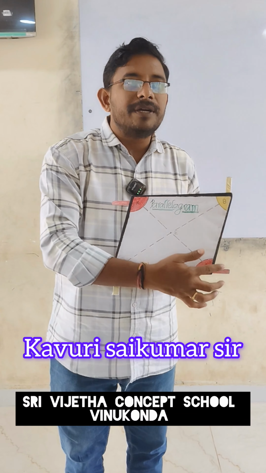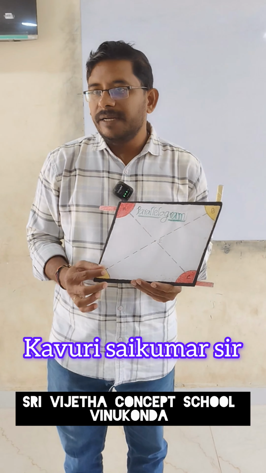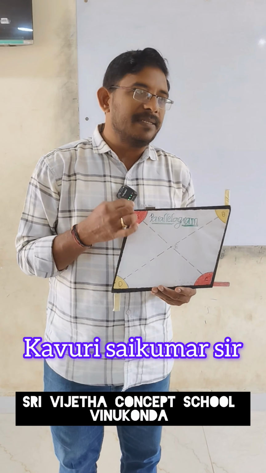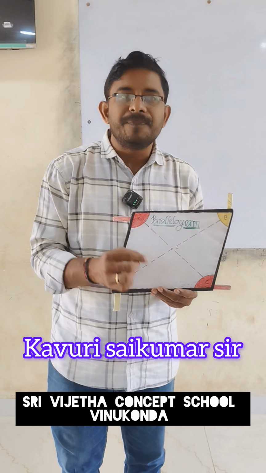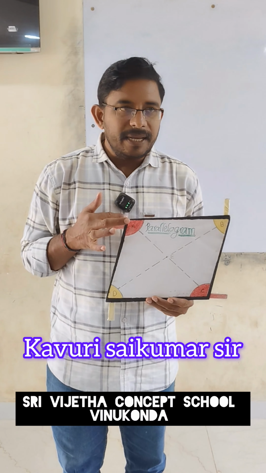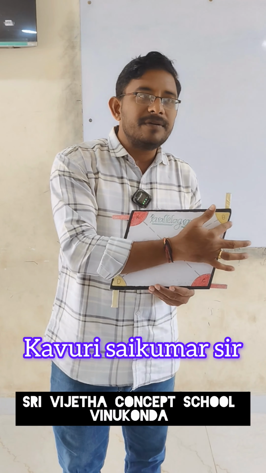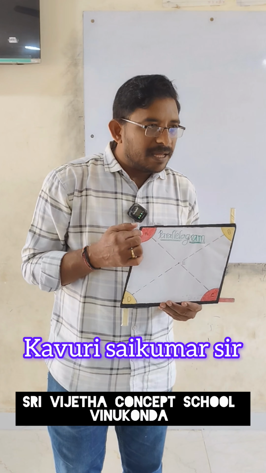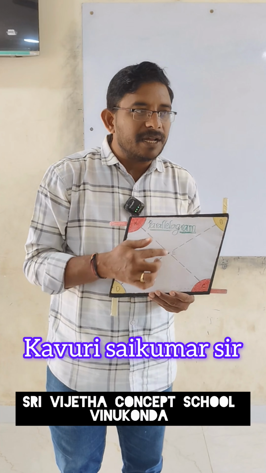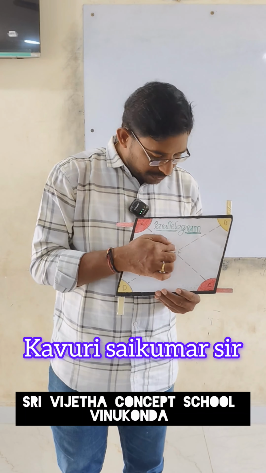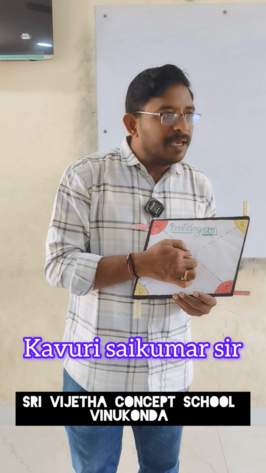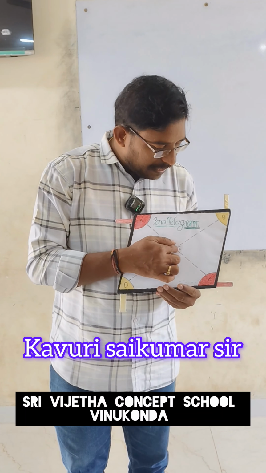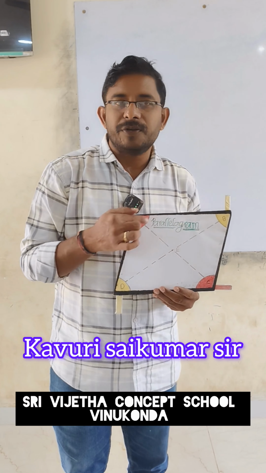Angle A equal to angle C, and the sum of adjacent angles in a parallelogram is equal to 180 degrees. Angle A plus angle B equal to 180 degrees. And already I said that diagonals bisect each other at point E, so that BE equal to ED, or else AE equal to EC. So do you understand?